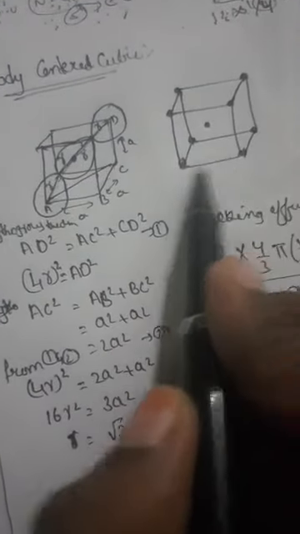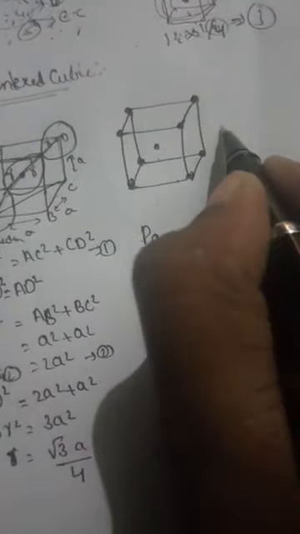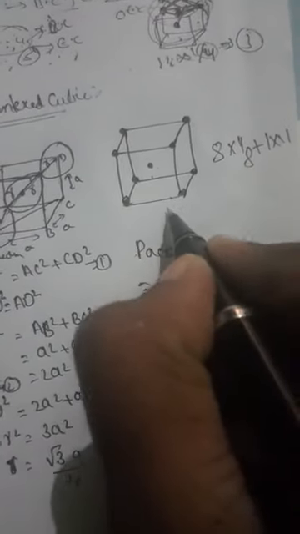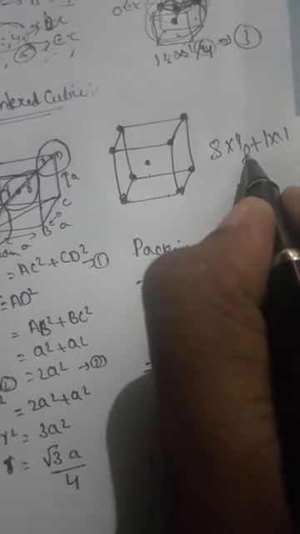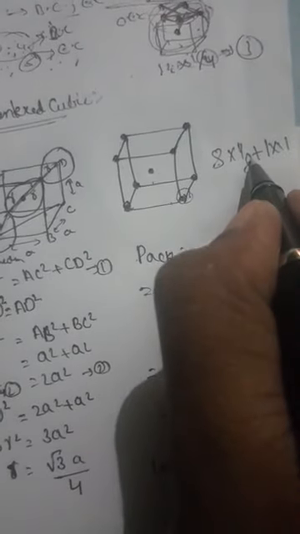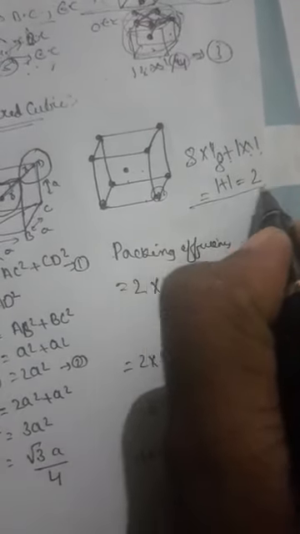Next one, let us take the body centered unit cell. Okay, body centered means what? 8 corners plus 1 atom, we call it body centered. So how will we get Z here? 8 into 1 by 8 plus 1 into 1. 8 corners, 1 by 8, because only one unit cell we are taking, that's why 1 by 8 per unit cell, plus only one atom is present. 1 into 1 is equal to 1, plus 1 is equal to 2. So this is nothing but the Z value here for the body centered cubic unit cell.